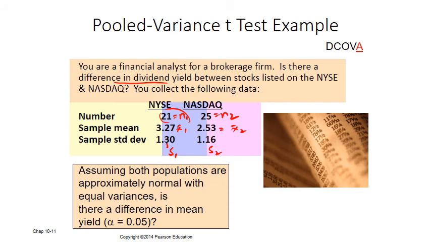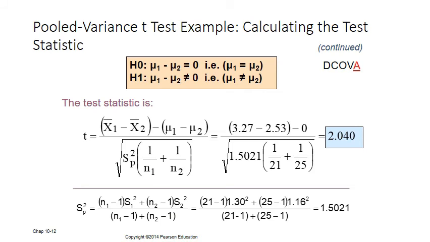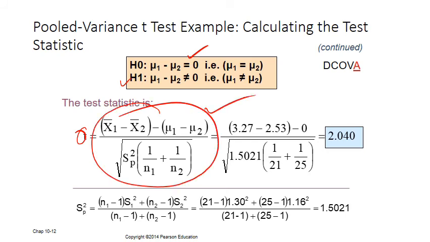And is there any difference between two populations? So we say that there is no difference between two population means, and alternative we say no, there is a difference between two population means. So test statistic, as I said, when we use two sample test, we use t-test, and this is the formula. Everything is given, we substitute all the values into this formula and we get t equals to this. Here you can calculate separately sp square, which we need to substitute here into the formula. So we get t equals to